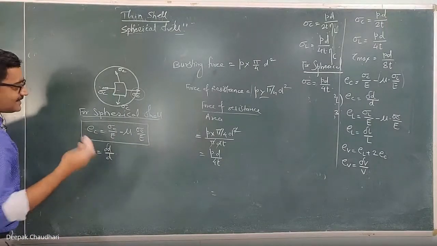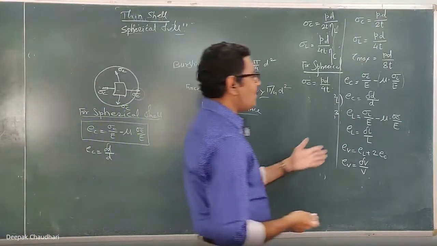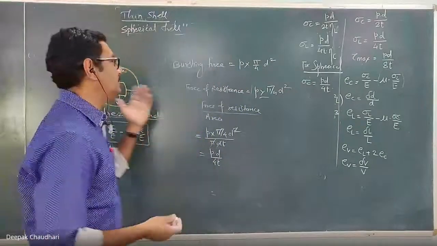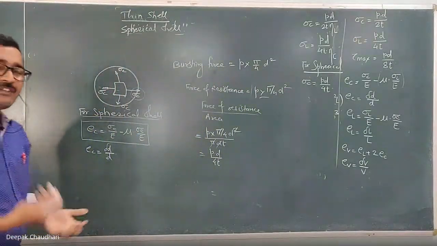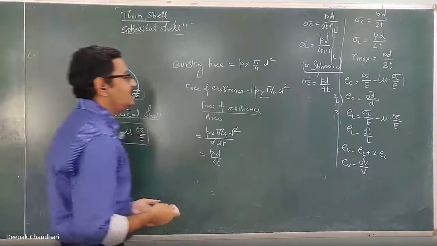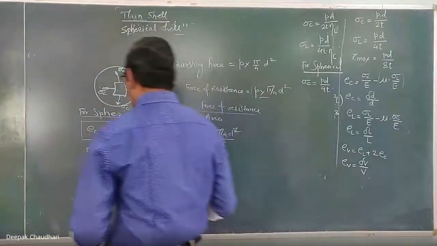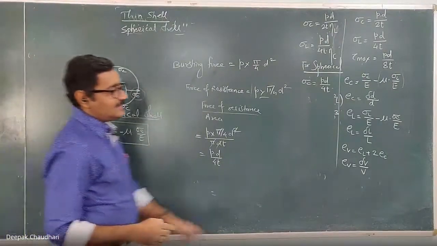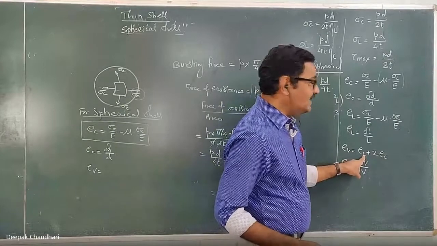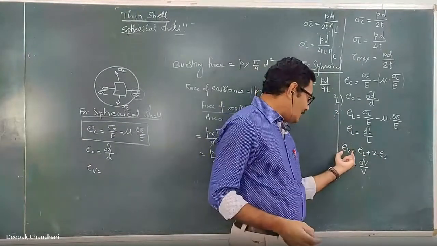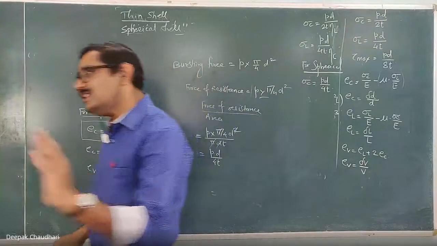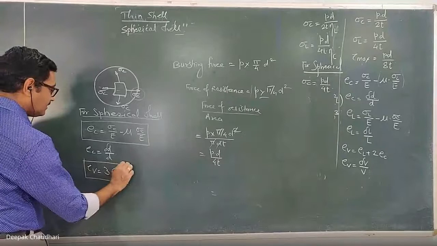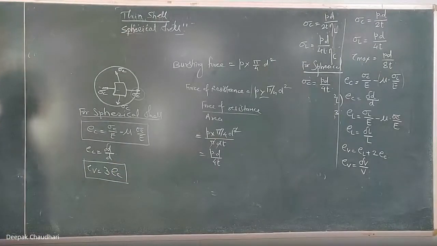Now, in the similar way, yesterday we have considered the volume of the cylinder pi by 4 into d square into L, and we differentiated it. Similarly, if you consider the volume of the spherical shell and differentiate it, exactly in the similar way we will get the volumetric strain, and for spherical shell we will get the same formula, only instead of EL there is EC. So for spherical shell it is EV equal to 3 EC. Remember this thing. Yes, it is EV equal to 3 EC.